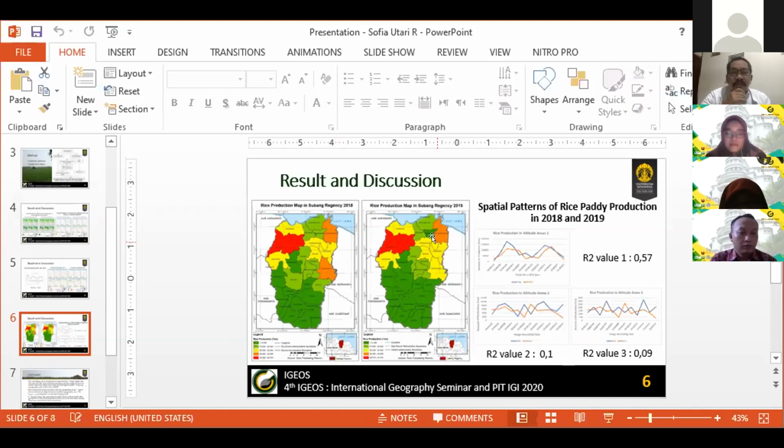And then the results of production calculation with Sentinel-1 in 3 different altitude areas have different accuracy. Rice production in areas of altitude less than 100 meters above sea level has greater accuracy than in areas of altitude 100 until 500 meters above sea level and 500 until 1000 meters above sea level. This comparison is seen from the accuracy value in each region. The R-square value in the altitude area less than 100 meters above sea level is 0.57, the largest, compared to the 100 until 500 meters above sea level altitude area of 0.1, and in the altitude area of 500